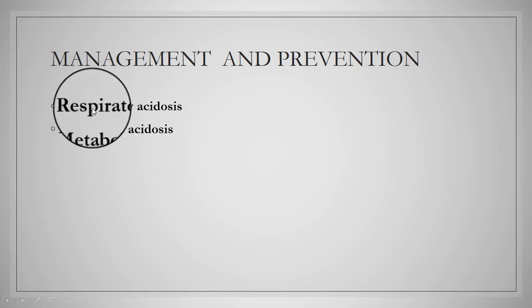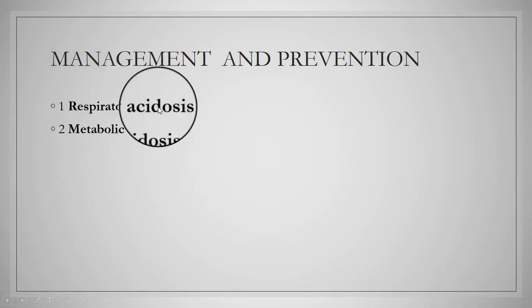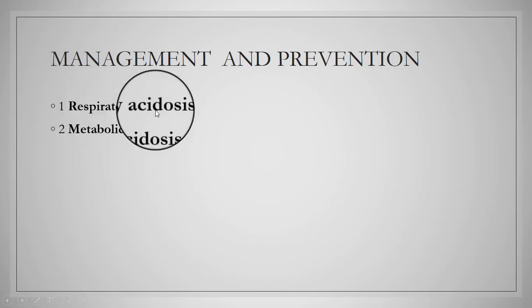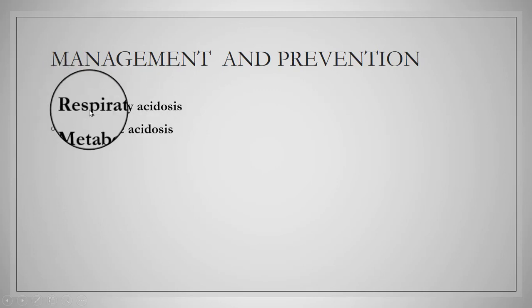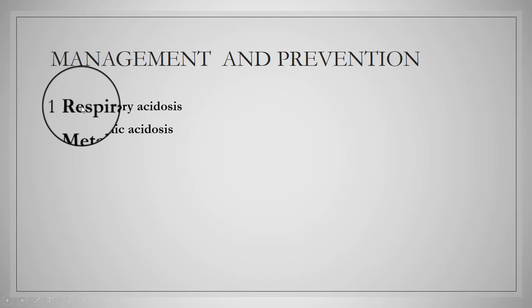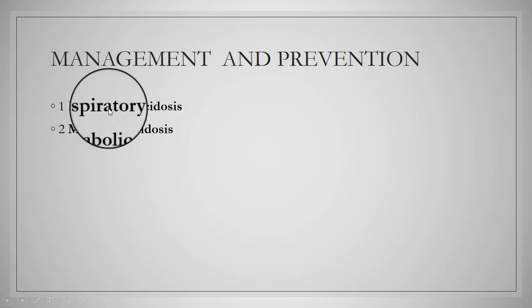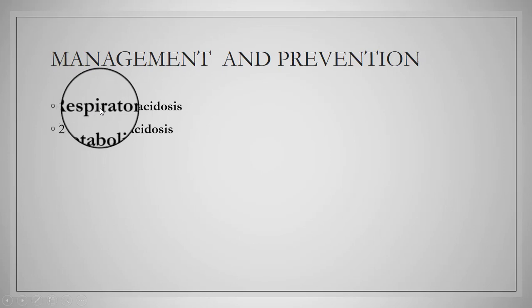First, for respiratory acidosis. For the people who are suffering from respiratory acidosis, you can do the following steps to reduce your risk. First, take sedatives as prescribed and never mix them with alcohol. Second, stop smoking. Smoking can damage your lungs and make breathing less effective. Thirdly, maintain a healthy weight because obesity can make it harder for you to breathe.